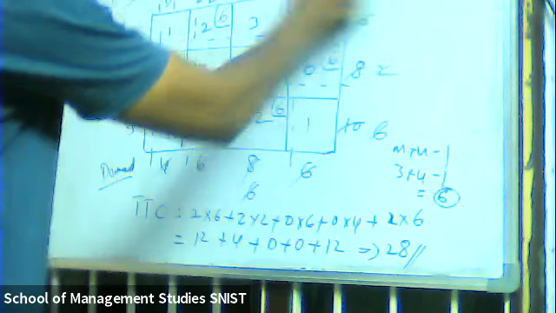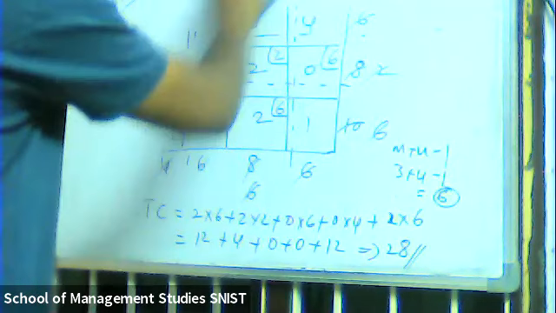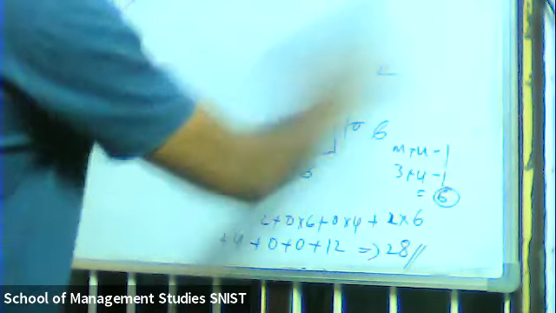Shall I rub this one? So I think it is not required to solve any more problems under this least cost method. Yes or no? Ramana? Yes, sir. Do you have any questions? No, sir. So shall we go ahead with the last method under initial basic feasible solution? What is that? VAM. VAM method.